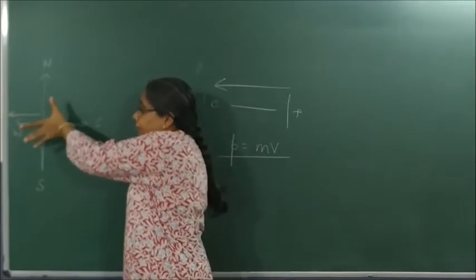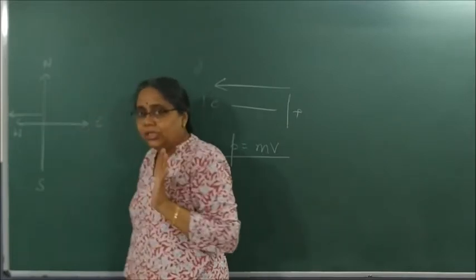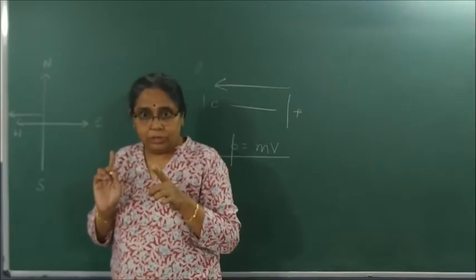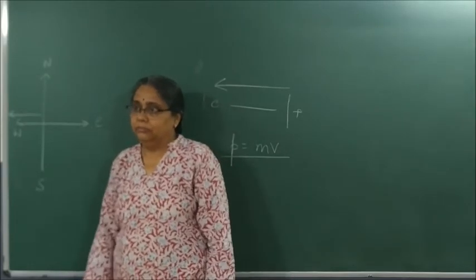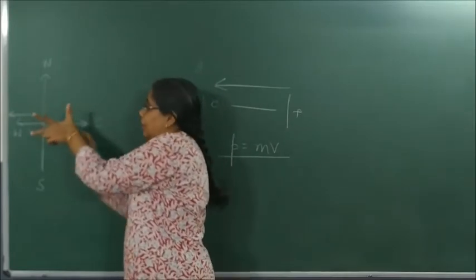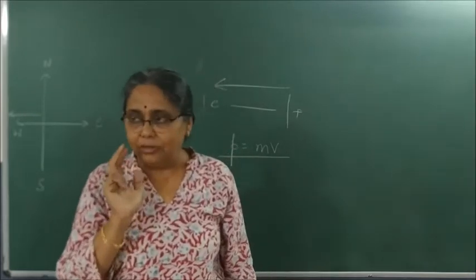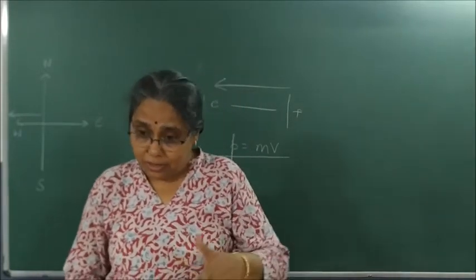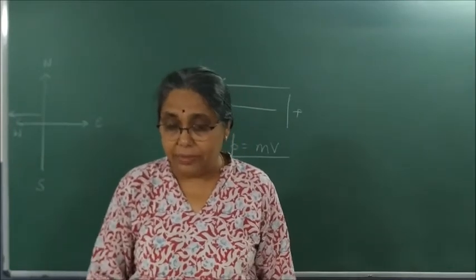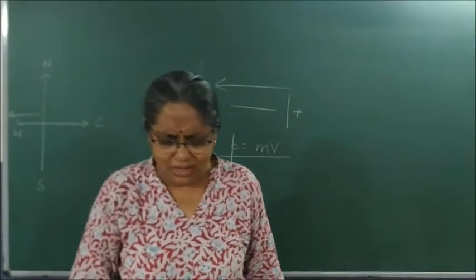Okay, and it is deflected where? Towards the north. What is the direction of magnetic field? You have to look at the four-finger direction. This is the direction of current. It is deflected towards north. So which is the direction of magnetic field? Find out. Try it in every direction, towards south, towards east. Don't just try one direction.